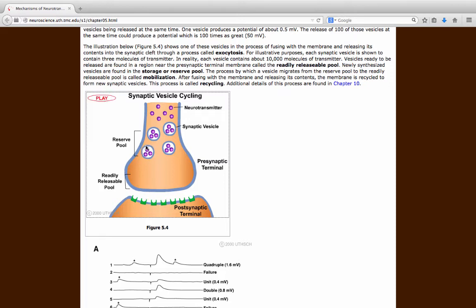Remember, first the vesicle will mobilize. It will move closer and closer to the presynaptic terminal. When the SNARE proteins, the v-SNAREs and the t-SNAREs bind, they're going to pull closer and closer and will dock. When calcium comes in, it allows for the fusion and the release of the neurotransmitter. Now that membrane of the vesicle is going to fuse back up and it'll get recycled back and then get appropriately filled with the correct neurotransmitter and is allowed for more release upon further stimulation.